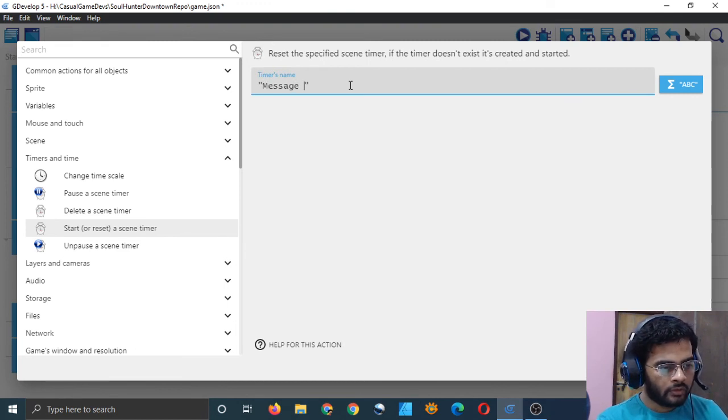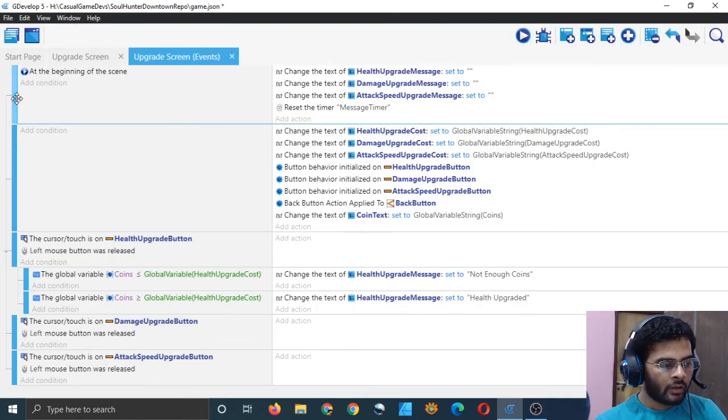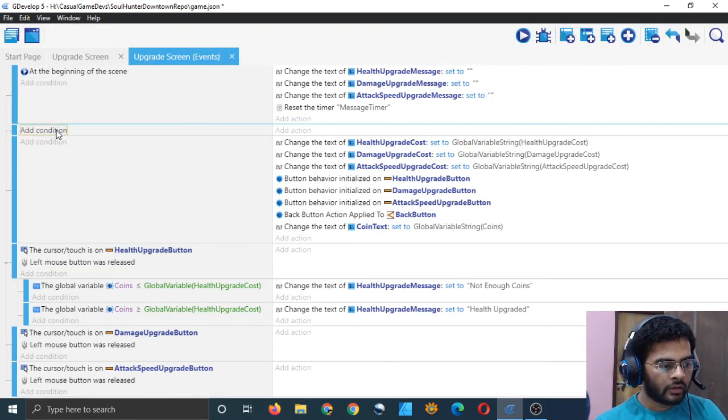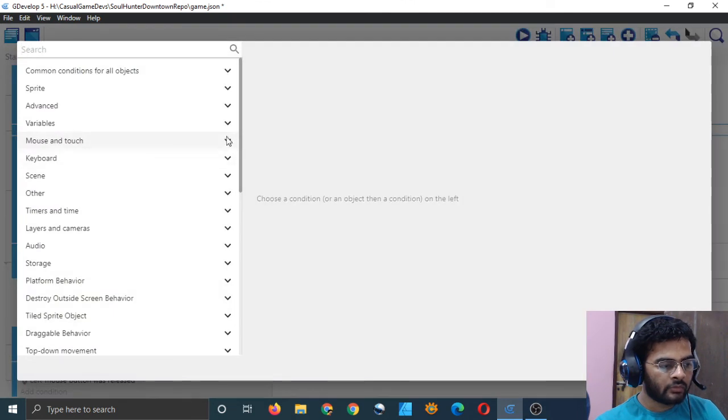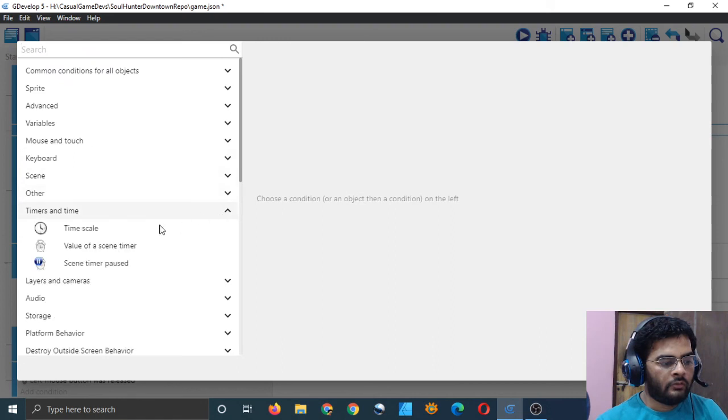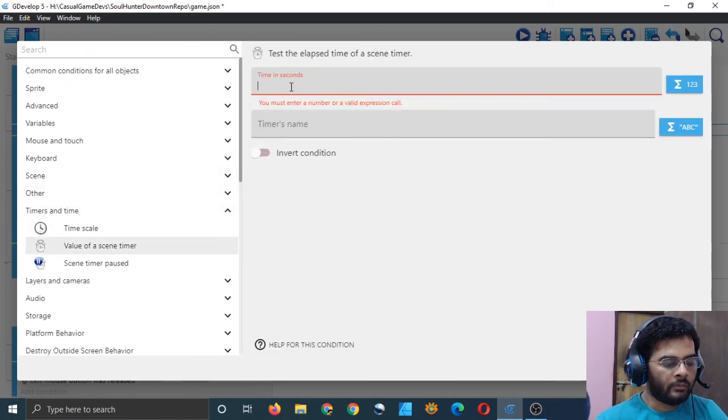Call it message timer, and add an action here. That will be message timer. That should be the value of a scene timer, and that is message timer.